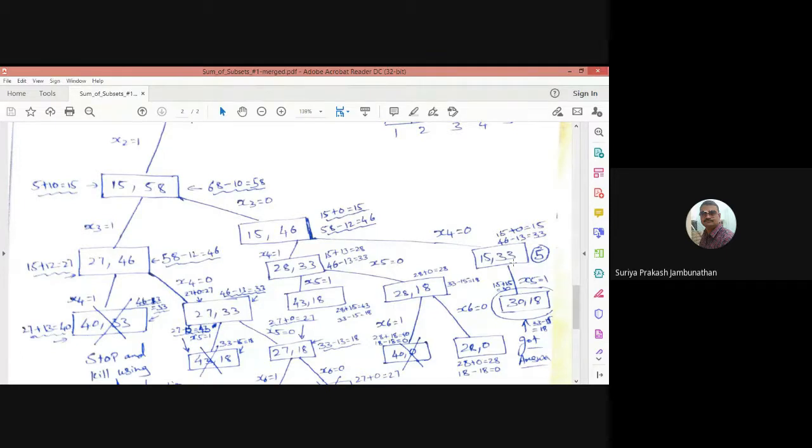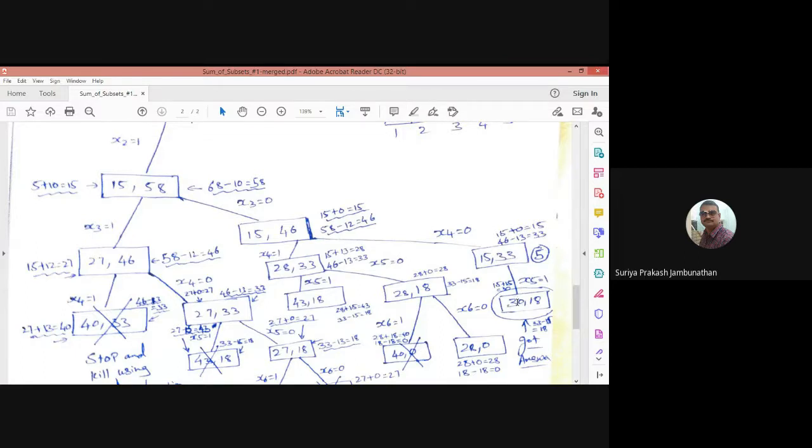Now what is the further step? We consider x5. When we are considering x5, what will happen? The x5 value will be 15. So 15 plus 15 we get 30. So 30 comma, and here 18, how do we get it? 33 minus 15, so 33 minus 15 we get 18. Okay, 30 comma 18 is the final solution we get. So 30 we got here, so the m value we were trying to achieve, we get here.